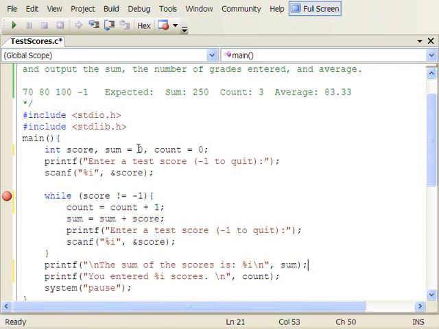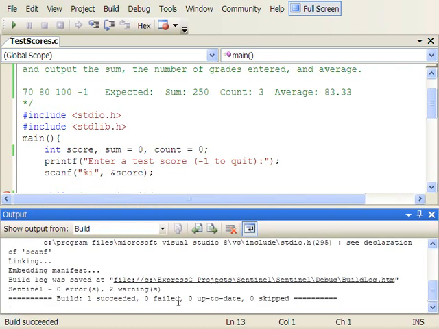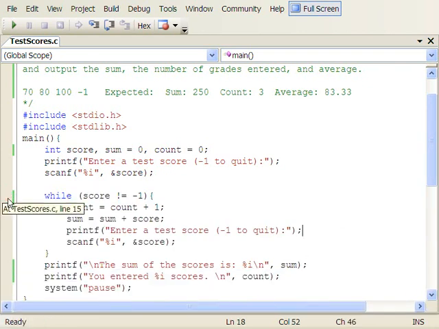So what have we changed so far? We added a counter variable, and inside the loop, each time we have a valid grade, we add 1 to the counter and then output the result. So let's see if that works. I'm going to build this with F7. And now let's run it without the debugger this time. So I'll take out the breakpoint and hit F5,